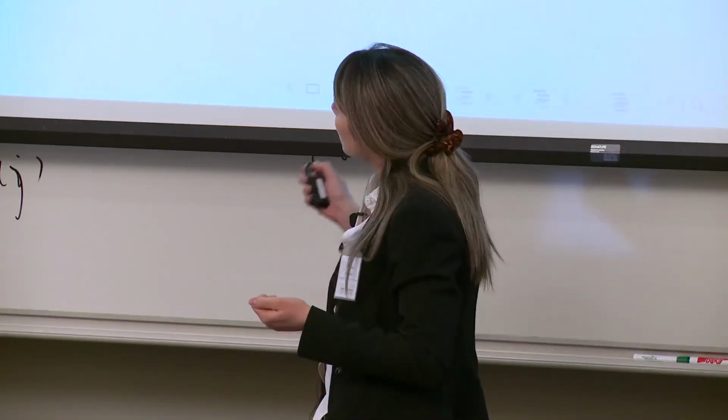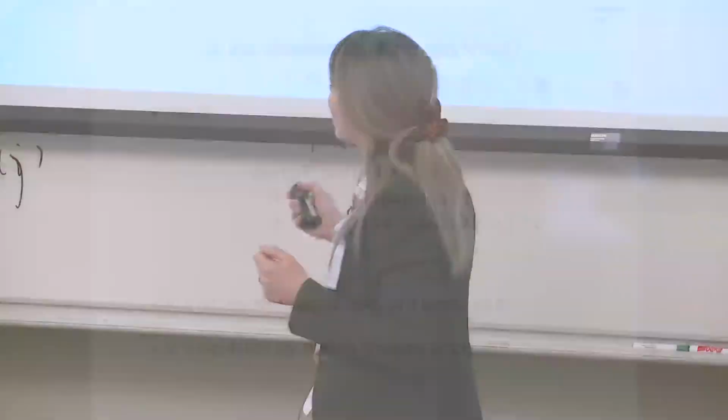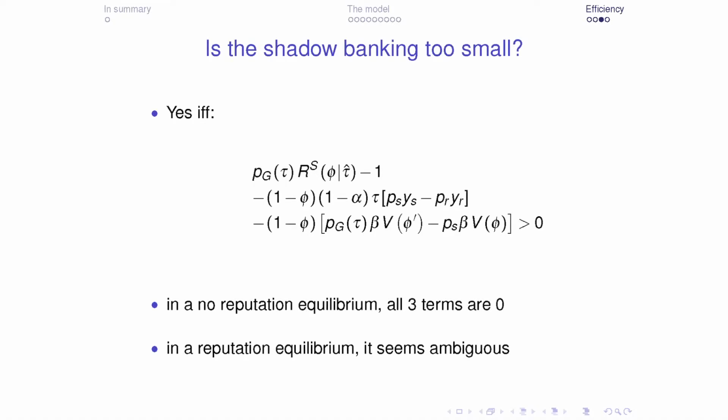Second, these tend to go towards the fact that the shadow banking may be too small, because they may not invest enough since the cost of financing is so high. On the other hand, they're having a negative externality on the economy: if the good bank chooses to participate in the shadow banking system, the bad bank is going to do that too, and so the bad bank is going to take excessive risk. So this term goes in the opposite direction. And then there is another term telling me that the good bank doesn't internalize the fact that the reputational advantage is not relevant for the bad banks that are still participating in the economy.